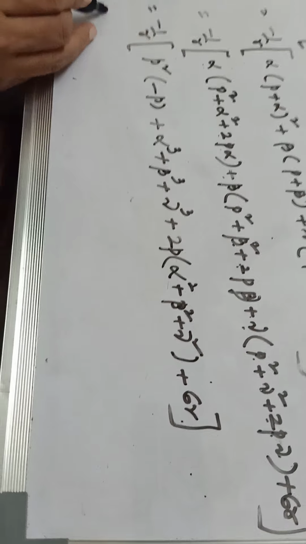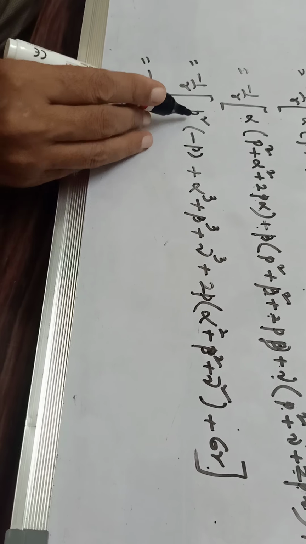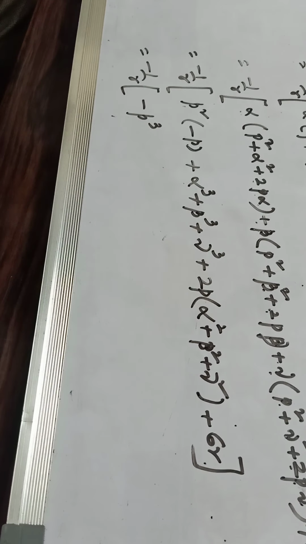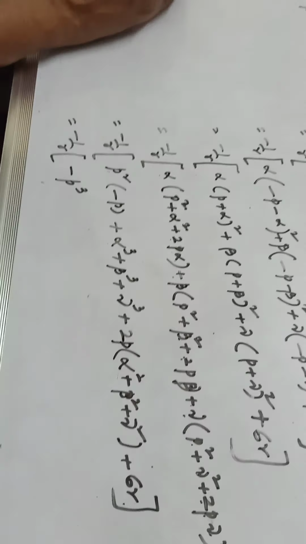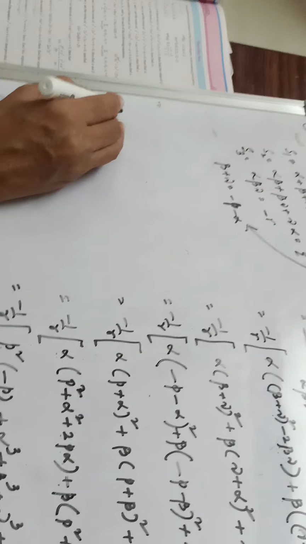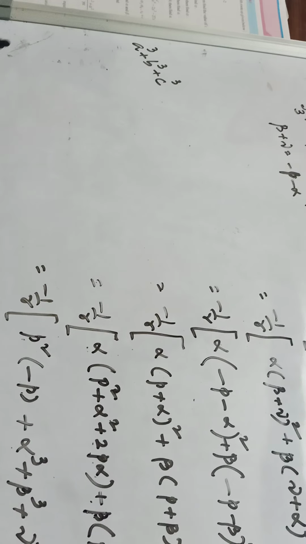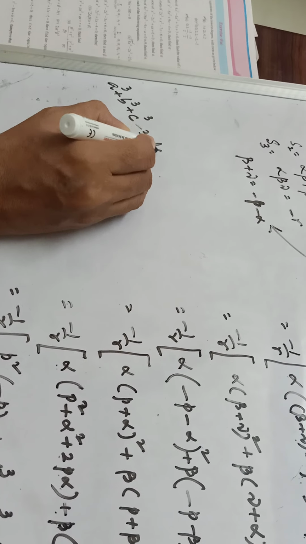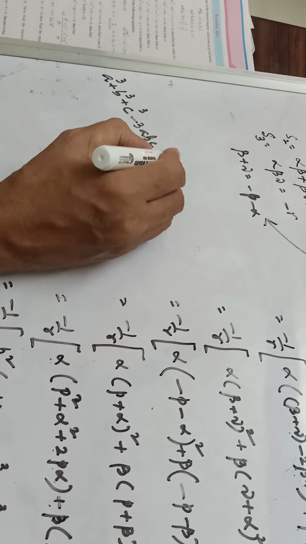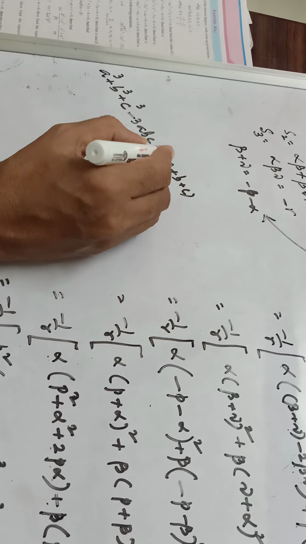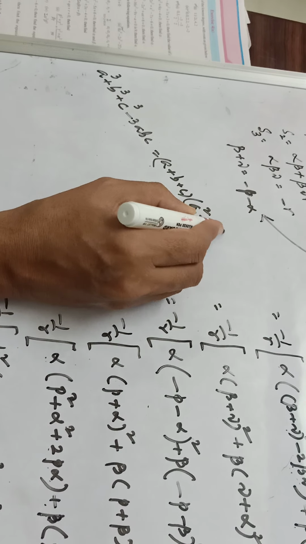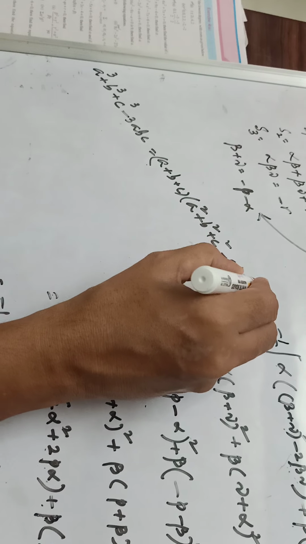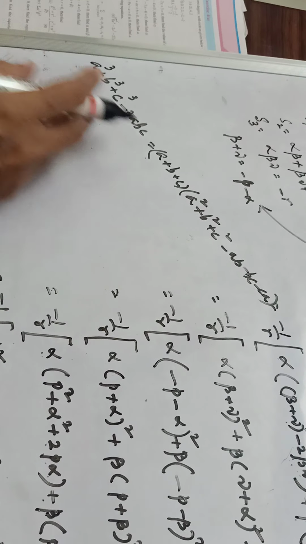Now this is minus 1 by r into, this is minus p cube when you multiply. This is of the form a cube plus b cube plus c cube. Actually all of you know this formula. Here this is nothing but, using the algebraic formula, a cube plus b cube plus c cube minus 3abc. The factors for this polynomial are a plus b plus c into a square plus b square plus c square minus ab minus bc minus ca. This is the formula for this.